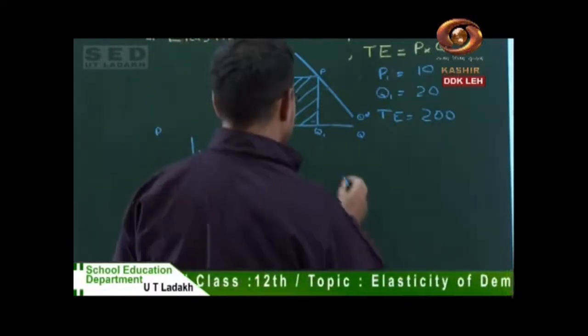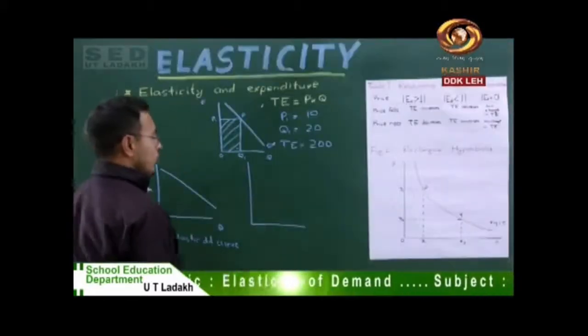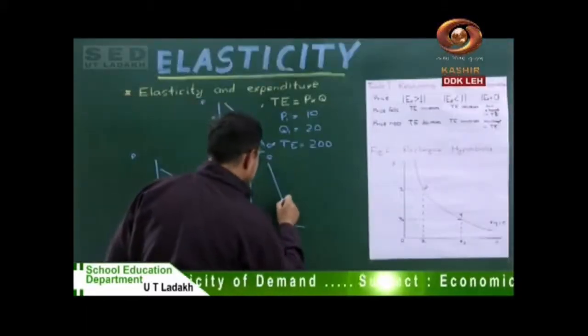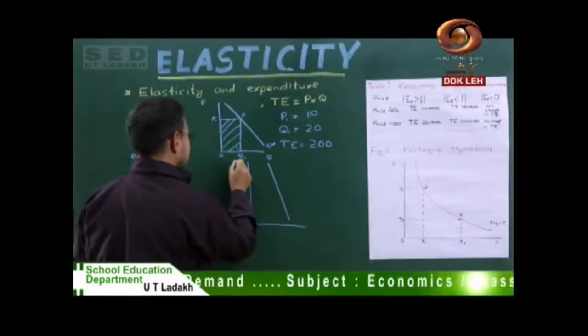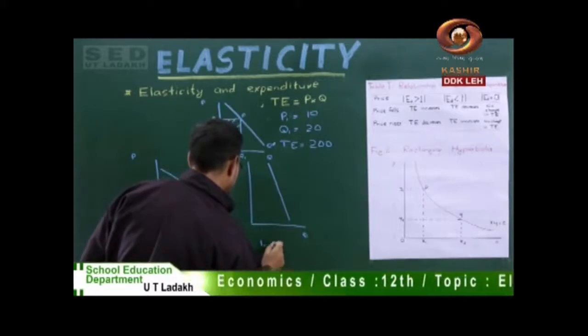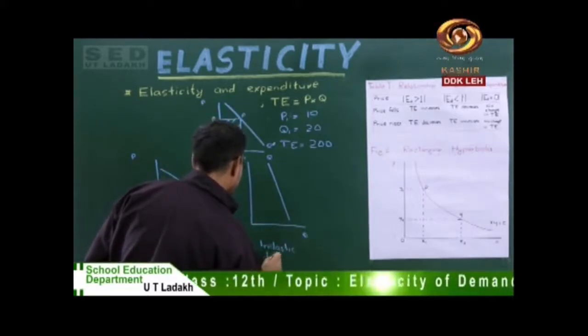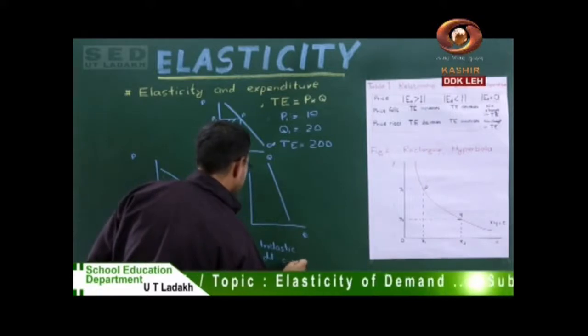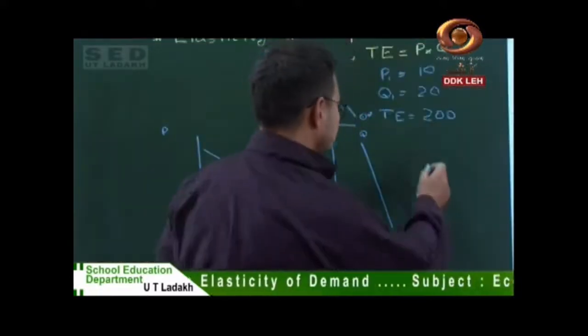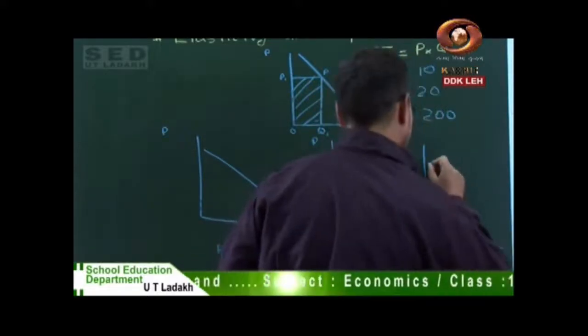And second, we are taking a case where elasticity is less than 1, or it is fairly an inelastic demand curve. Inelastic demand curve. And the third one is a case where we have a unitary elastic demand curve,